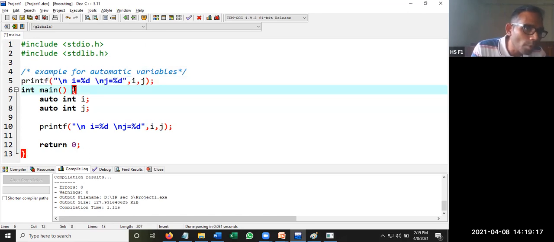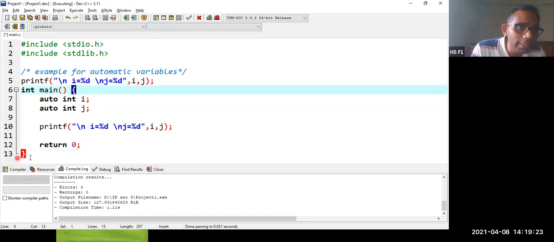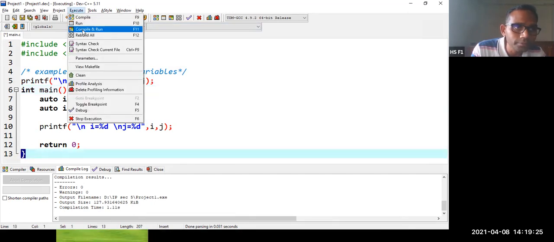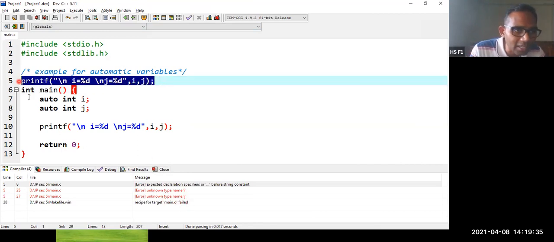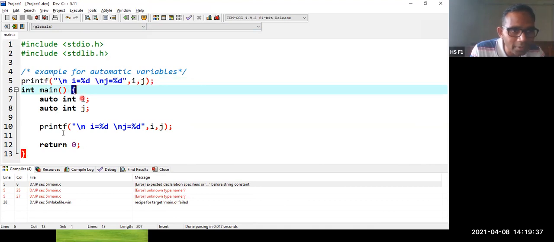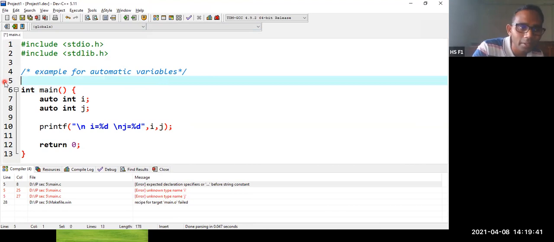But the scope or lifespan is between these two curly brackets only, as per theory. So we need to get an error now. We are getting an error: unknown type name i and unknown type name j. So the scope or lifespan of an automatic variable is between the opening curly bracket and the closing curly bracket.